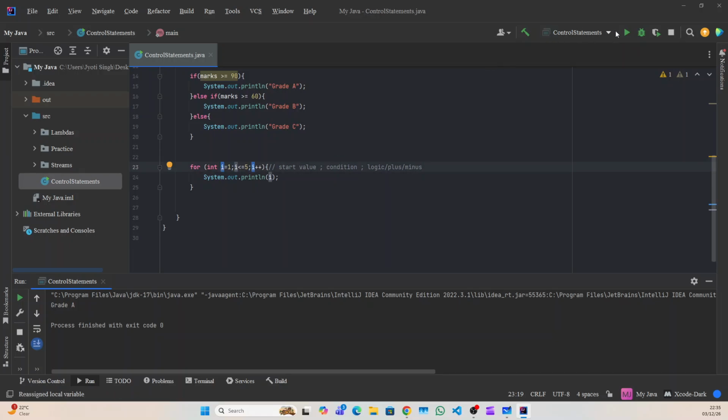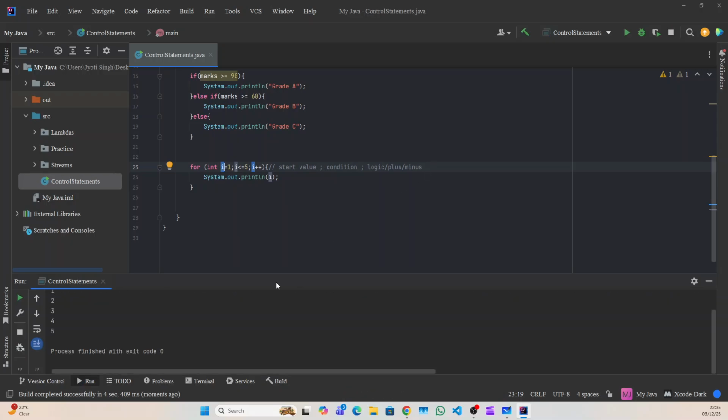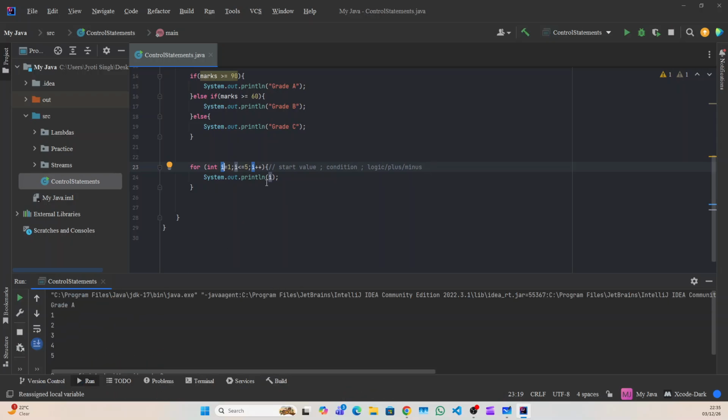Let me execute and check. So you can see here we have 1 to 5. So the for statement is executing every single iteration, 1 to 5. Now if we go with